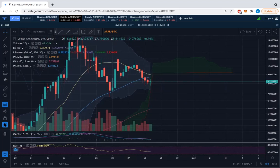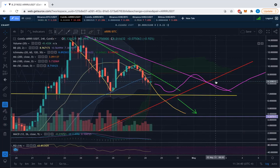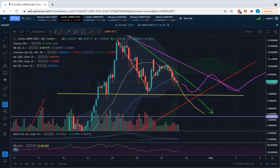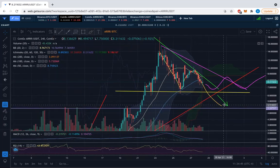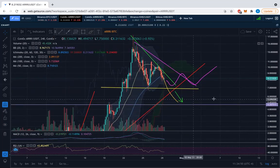So where does that leave us with our drawing? Yeah, why not? Why not come here, and then, goodness gracious, are we going to even follow the yellow? Very likely. So your $5 level is possible. But you know what? Even better would be if we start channeling with this Bollinger Band and just let it channel, baby. Let it bounce around and channel and wind up and give us some real good strength, so that after we finish correcting all of this, which is still into the beginning of May,